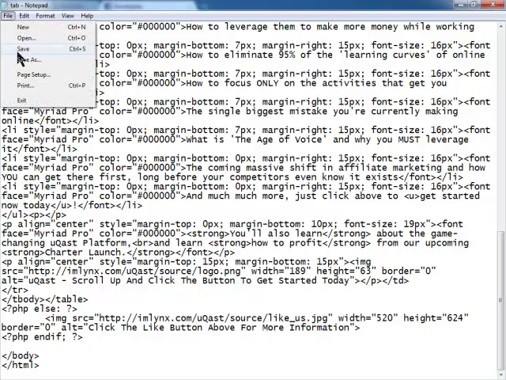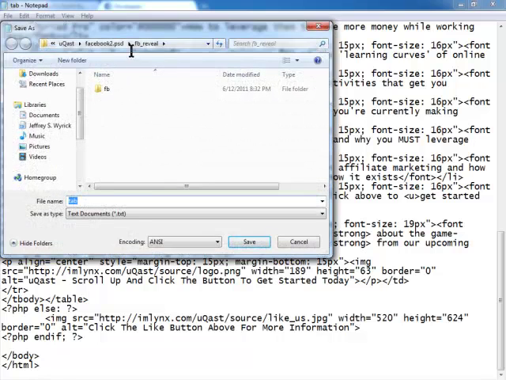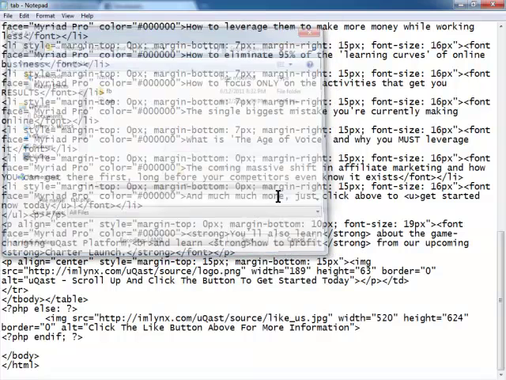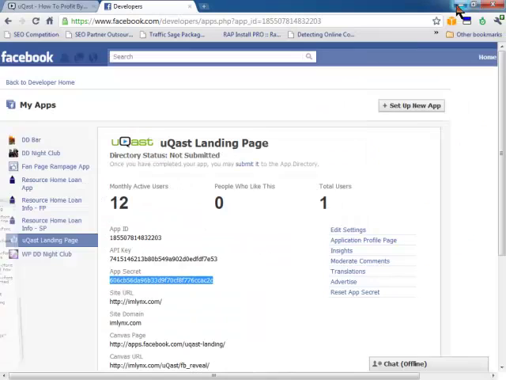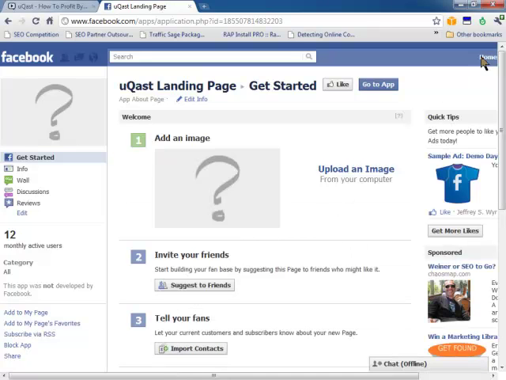So now we're going to save as. Now if you're using text document, make sure you use all files, tab, and in our case, .php. Save. It says already exists, so we're going to overwrite. Next, we want to make sure that the application is on our page. In this case, I believe it is, but I'm going to take it off just so that you can see